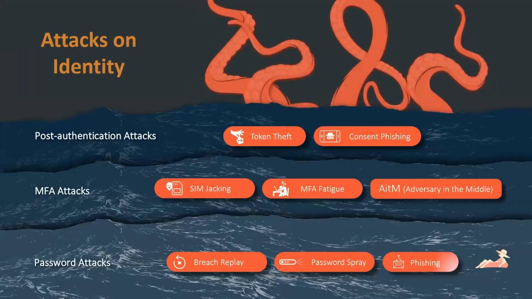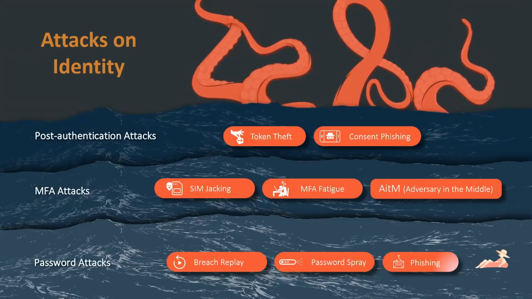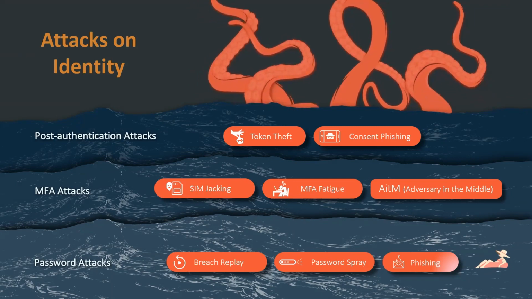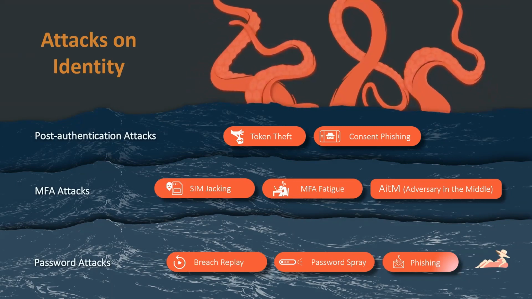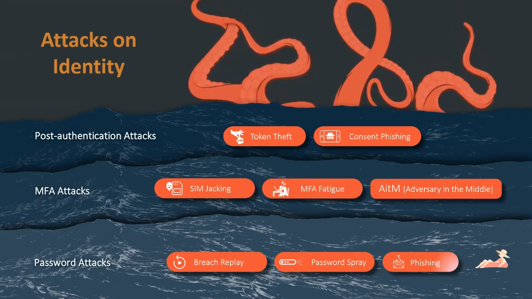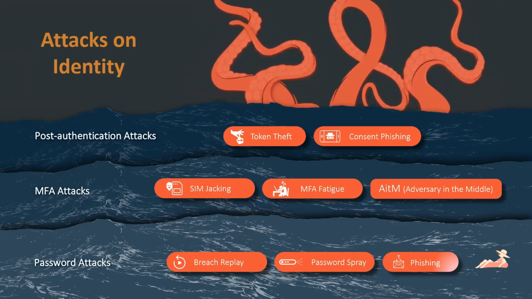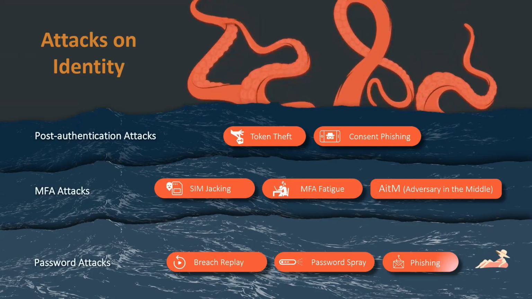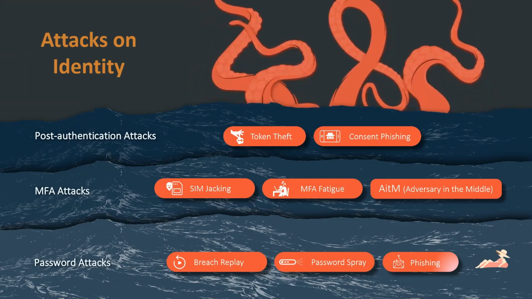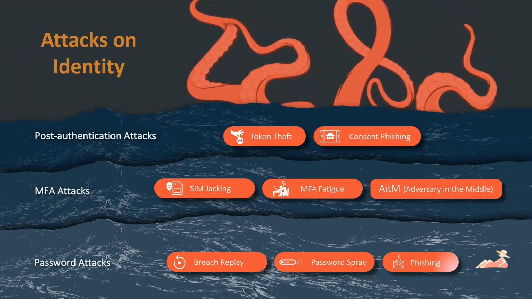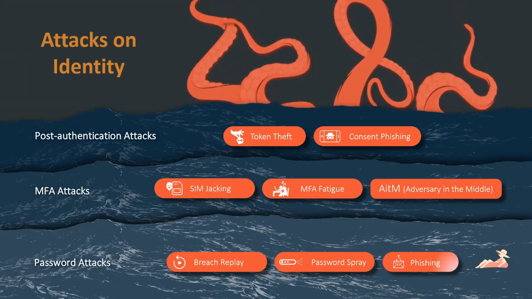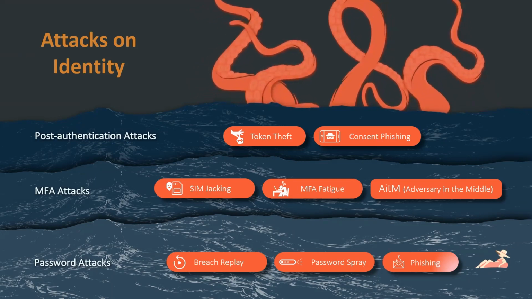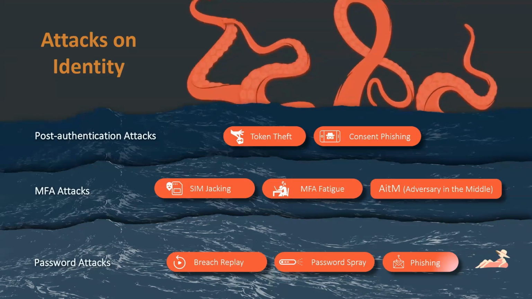So let's talk about some common attacks that leverage some of the, I wouldn't want to call it a weakness, but some of the ways that tokens work and this modern authentication works. So token theft should be pretty obvious, right? That's the unauthorized acquisition of a security token. Through token replay, it allows them to access protected systems without any sort of single sign-on or MFA prompts. We don't need your password at this point.